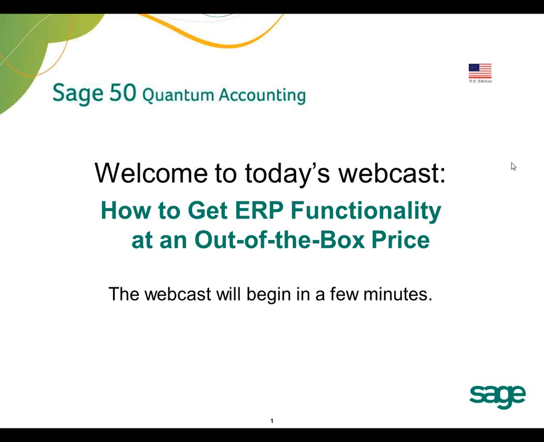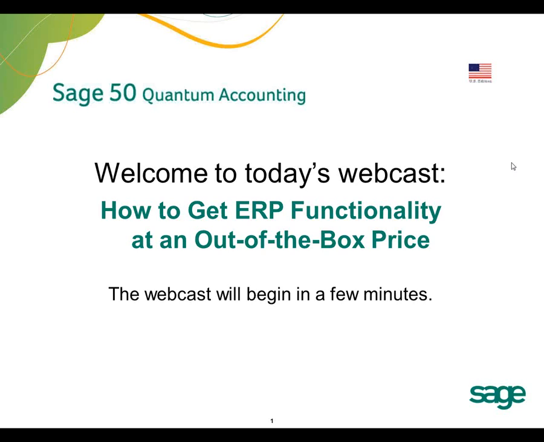I think you'll be very surprised and pleased at the robust functionality that our Sage 50 Quantum product provides at a very reasonable price, certainly much lower than what you are currently paying for an ERP level